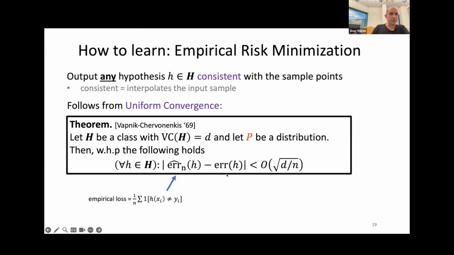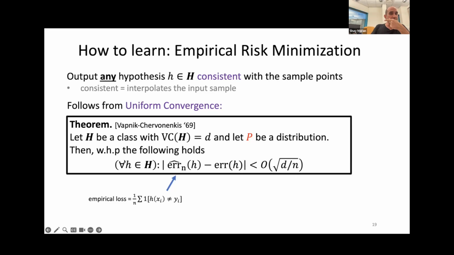Before that I want to touch upon one point. The beautiful fact about this result is that if I would remove this quantifier for every h in H before with high probability, this would be a very easy statement. If for a fixed h, the empirical error and the true error are very close to one another with high probability, this is simply a concentration inequality for tossing a coin. If the probability of making an error is p, and you sample n examples, then on p times n of them you expect to see an error, and we know exactly how it's concentrated very fast.